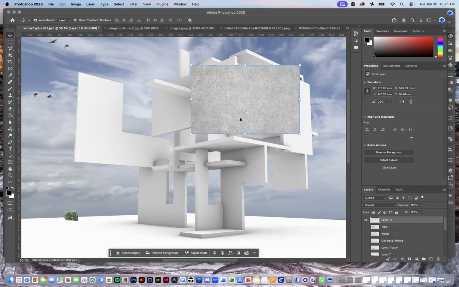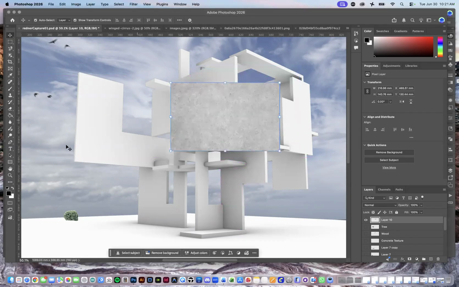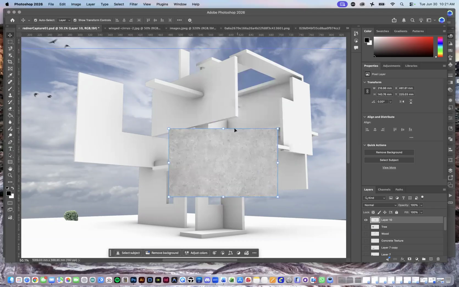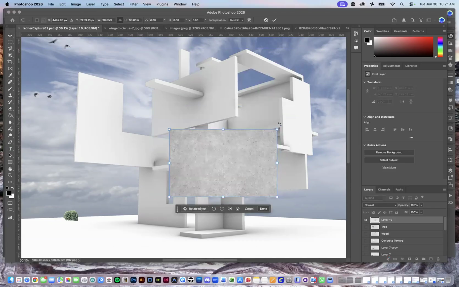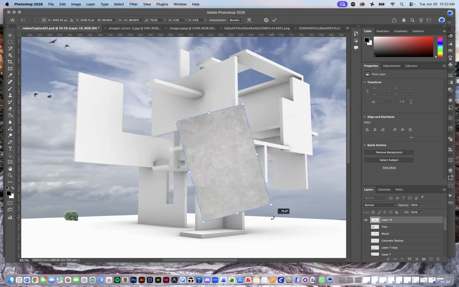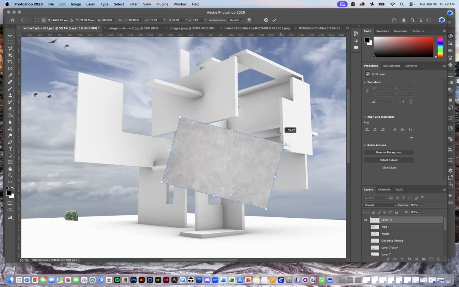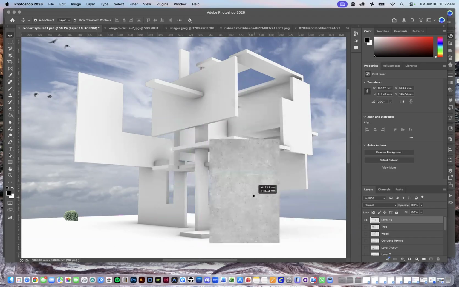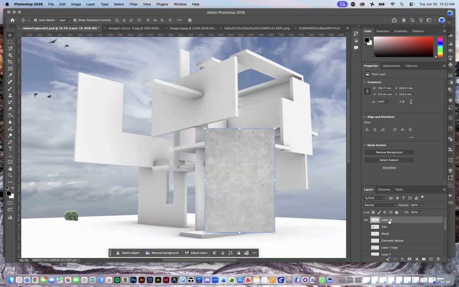All right. So I have this layer, and as you can see, when I just click and drag, I can move it around. You can see that it has these handles. I can scale it. But if I go to the corners and I move slightly outwards, you can see that the cursor turns to a rotation tool. Now, when I hold down the Shift key, I can rotate in what looks like 15-degree increments. Oh, yeah. And I can just turn that to be vertical. All right. And look at this concrete layer. It's called layer 10. I'm going to call this